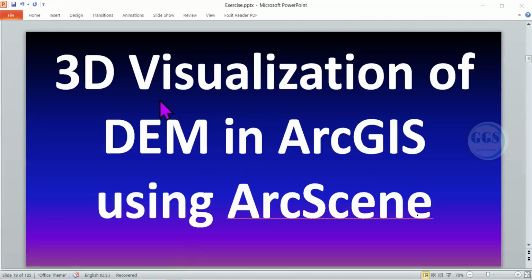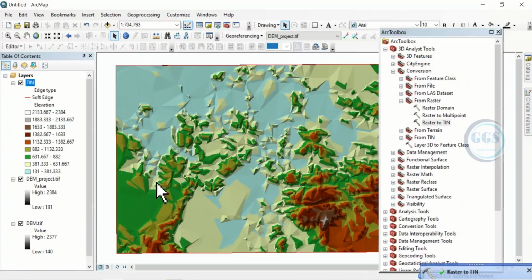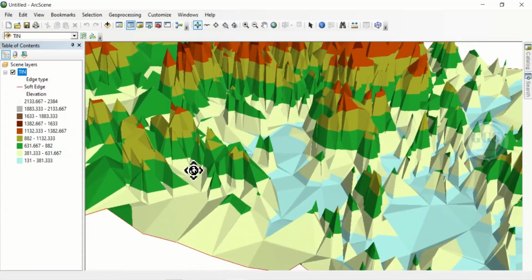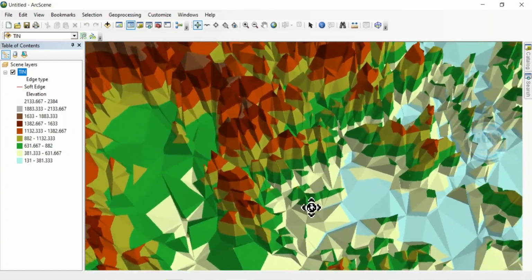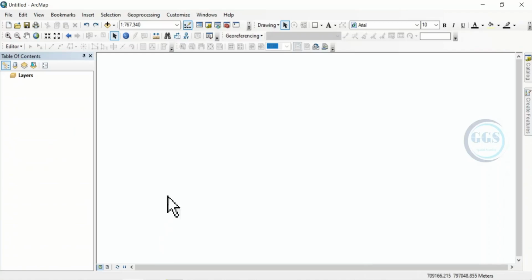In this video, I want to take you through 3D visualization of digital elevation model in ArcGIS using ArcScene. We are going to prepare everything in ArcGIS and we will visualize it in ArcScene. So let's get started. Open your ArcMap,